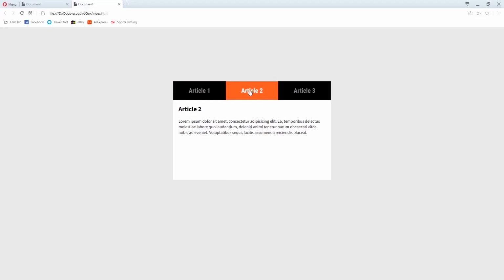In this tutorial we'll see how to use jQuery to design something like this. So this is a normal tab, and if you see the way it works, when article 1 is checked, this content shows. Then if we click maybe article 2, it will bring out this content. If we click article 3, it will bring out this content. So depending on the tab we click, that determines the content that appears for us. So quickly, let's dive into the code and see how we do something like this.